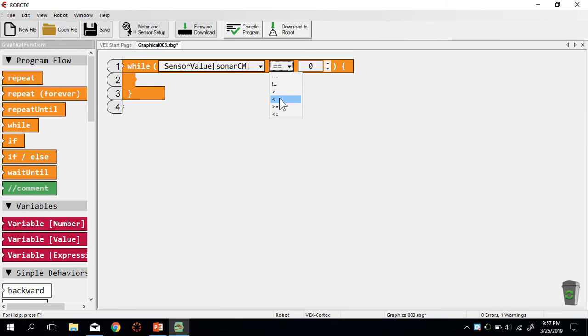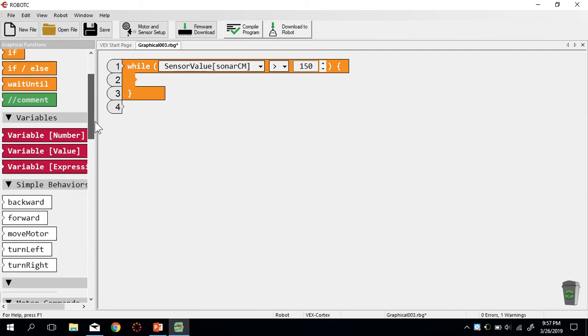Last time we used the less than symbol. This time we're going to use the greater than symbol. Effectively, we're doing the same thing, just approaching it from the opposite frame of reference. Instead of stopping it when we get less than a threshold, we're having it move while it's greater than that threshold. The threshold hasn't changed. It's still 150, just like in the previous video, but we're changing the perspective we're looking at it from. While our robot is further than 150 centimeters away from the wall, that means it has space and is clear to move,